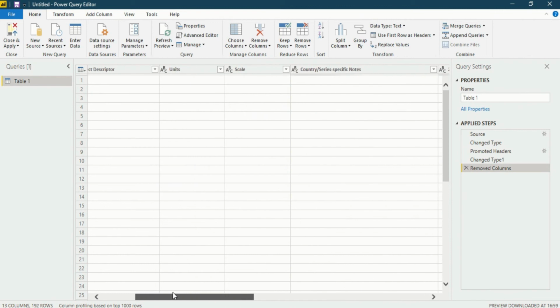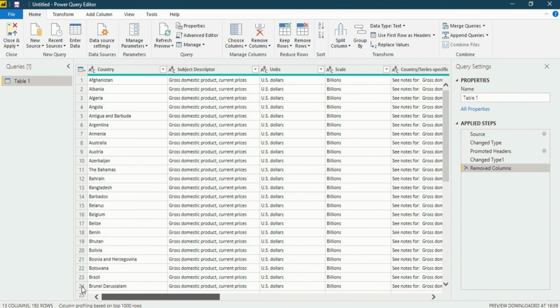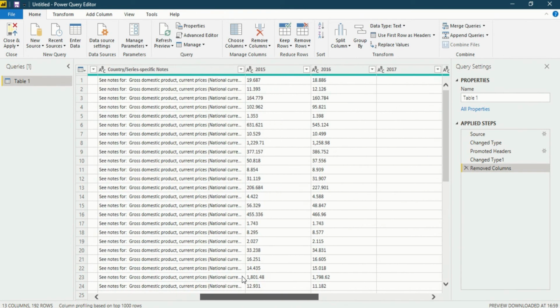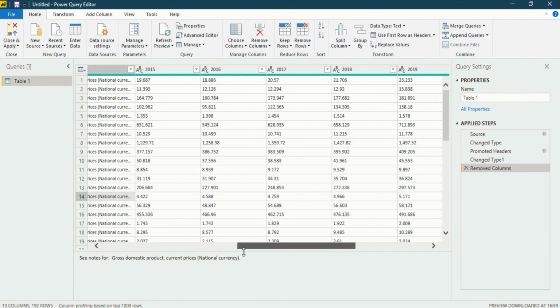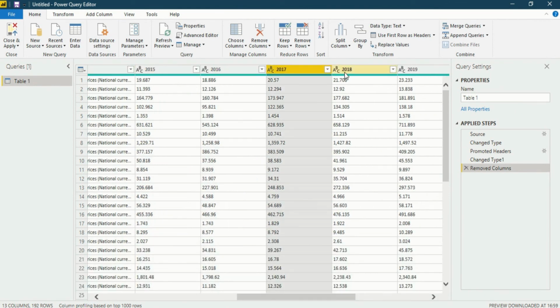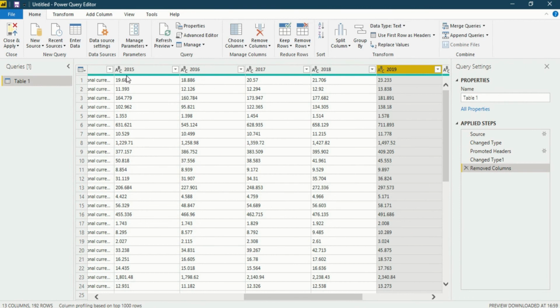After that, let us explore our data more and see what else could be done. After exploring our data more, we could easily see that these are the year columns that should be converted into one column. The second point, as I have said, is how to convert multiple columns into one column. This could be converted into two columns, like 2015, 16, 17, 18, 19 should be one column, and the GDP which is available for 2015 should be in front of the 2015 value.